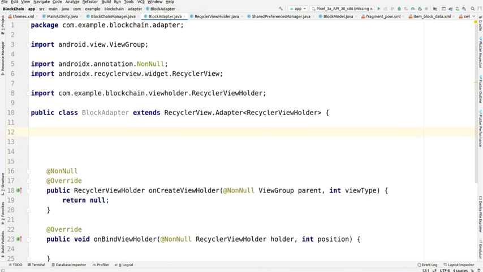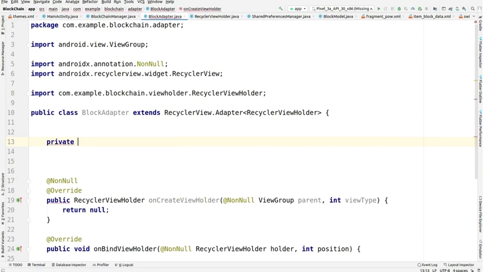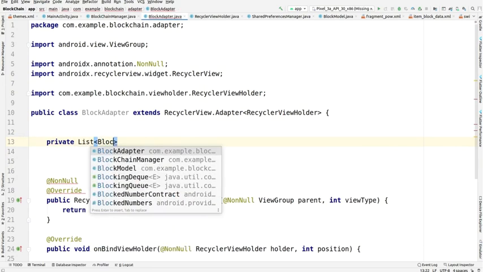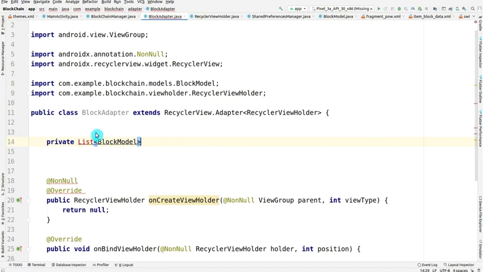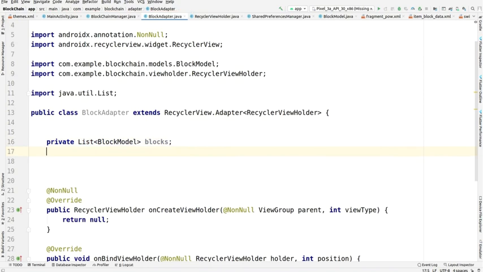So first of all, let me give you a few properties for them. We have to make a list of BlockModel, as we are creating a RecyclerView having various blocks. So a list of BlockModel will be created, and then for getting the context, we are creating mContext here. Alt+Enter to import this, and other than this we have to make lastPosition as -1.